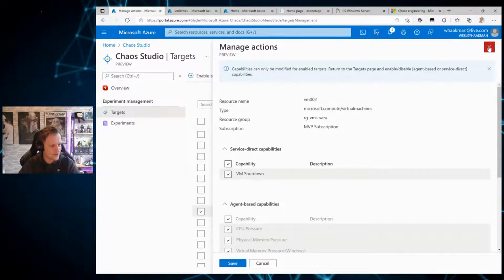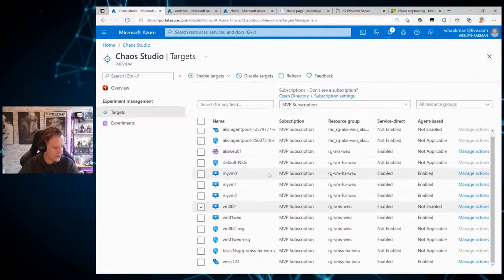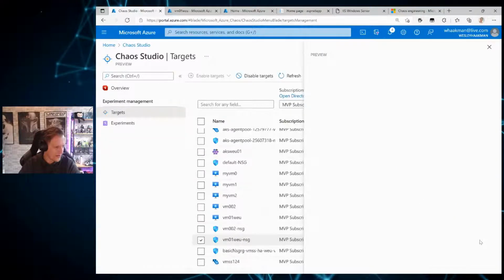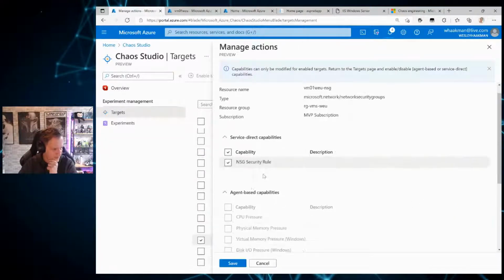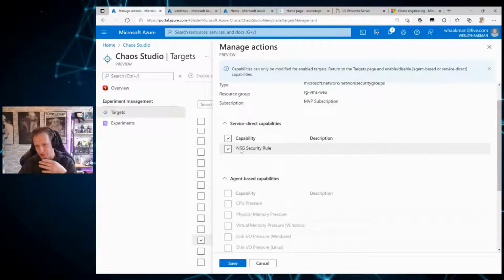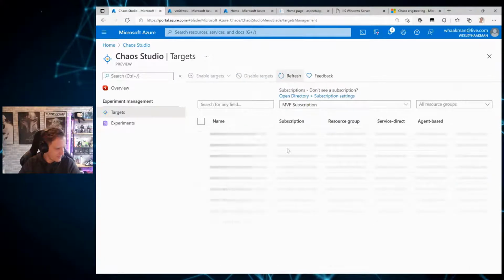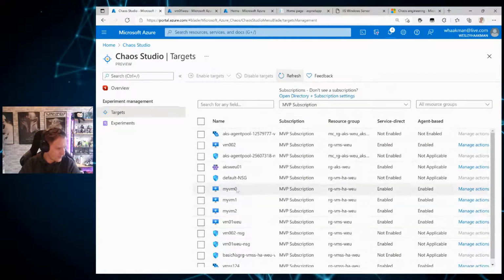What that Service Direct feature is really powerful for is that it also allows you to interact with different Azure resources. For instance, I've got a network security group here for a virtual machine we'll be using in the demo. I can click on Manage Actions, and you can see that I've got the option to configure a network security rule. I'll get back to that in a little bit. So once that thing is done updating,